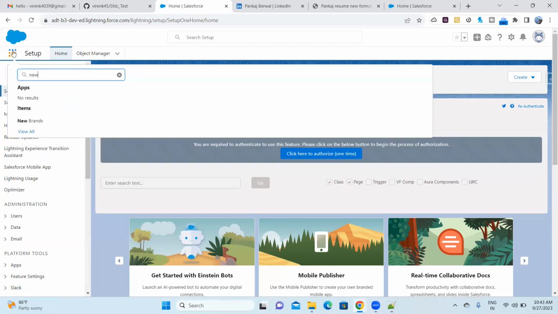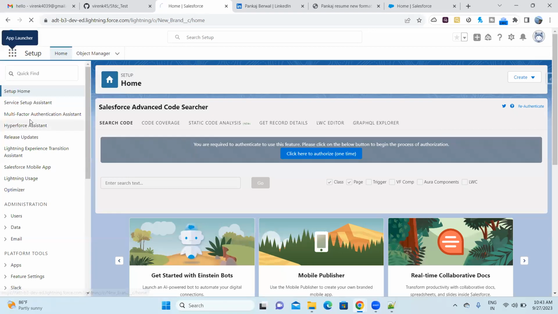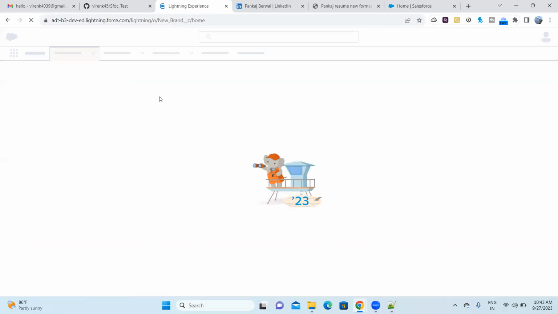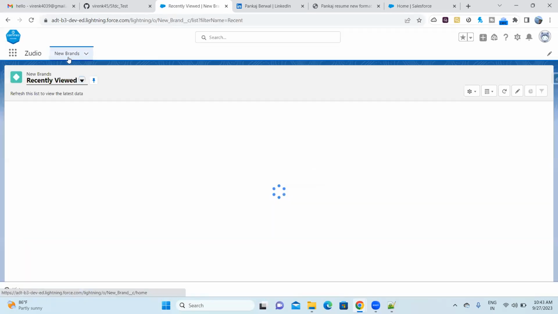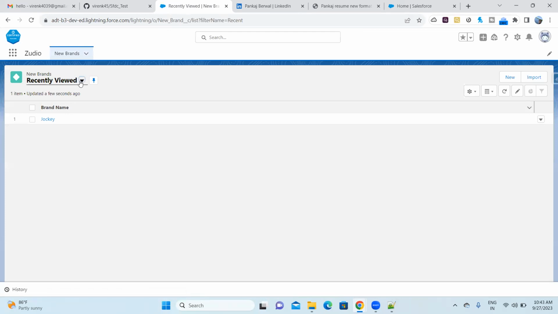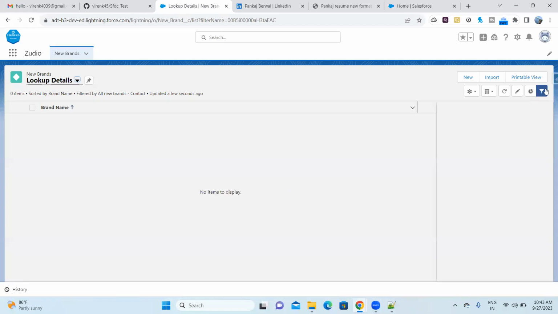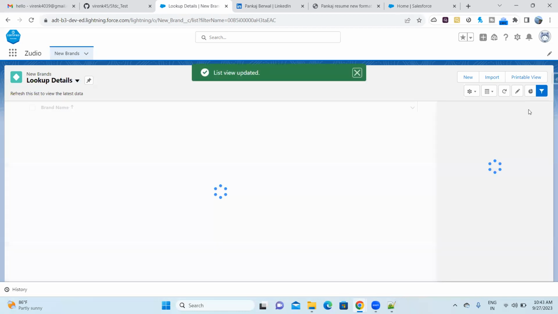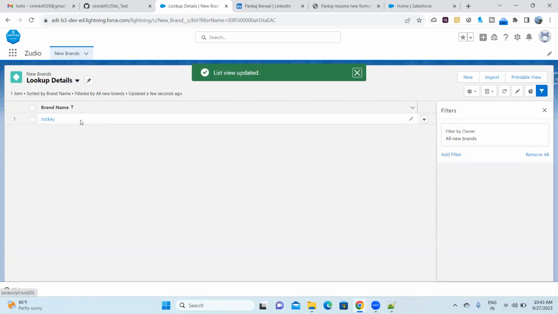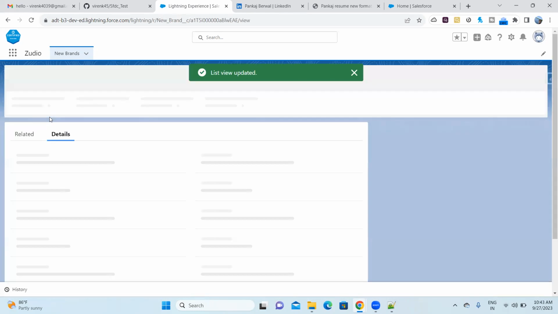We also said that you can add extra columns in the list views. So let me quickly open it. We went ahead and checked the list view here. Once you come here, you click on the drop down. These are the list views. We created one list view, lookup details, with a specific filter, so we added it here. Now I can remove the filter, save it, and go ahead and see my records.